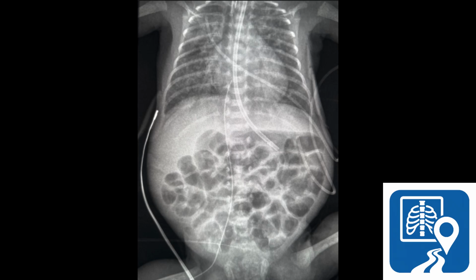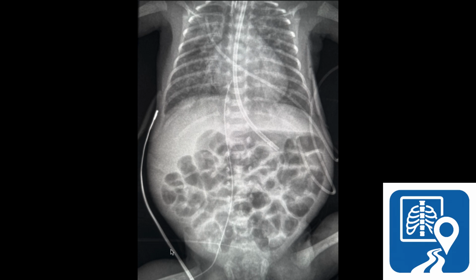Hello, everyone. We are here to go over the most common study you will read on your pediatric rotation, and that is an X-ray chest abdomen, which is combined as the babies are so small you usually can just take the one image. So, just getting right into it, the first thing you want to do is start with the